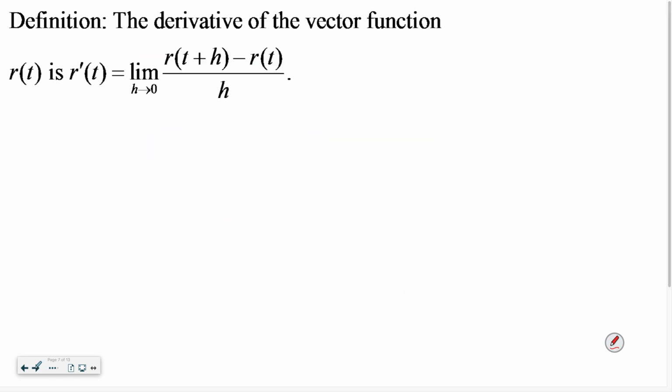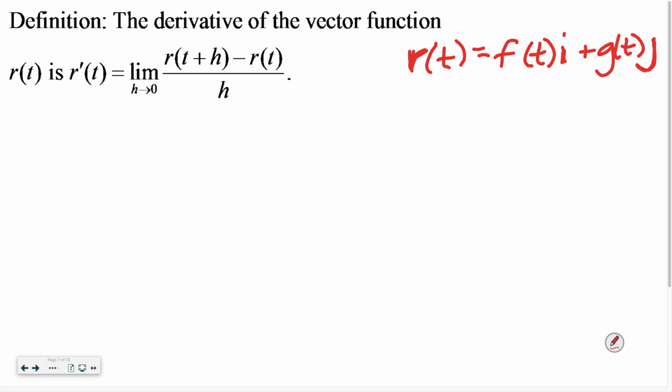Okay, I'm gonna give you guys a break. So drop your pencils. So this is the definition of a derivative. Do you agree? Okay. So if we define that r of t is function f i plus function g j,